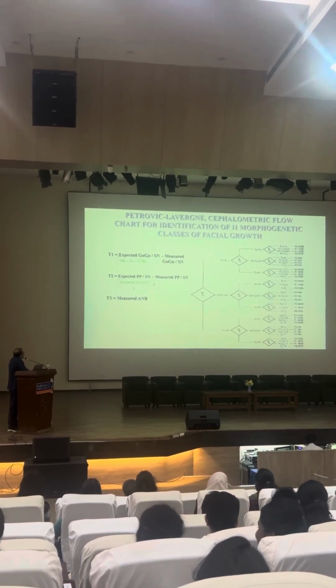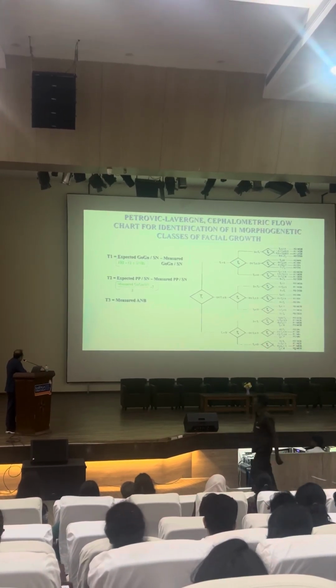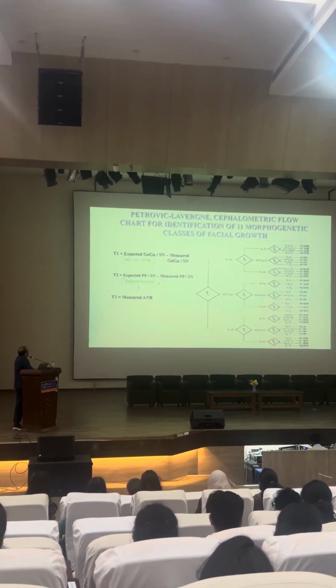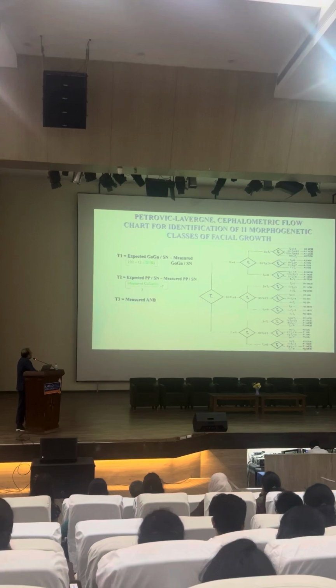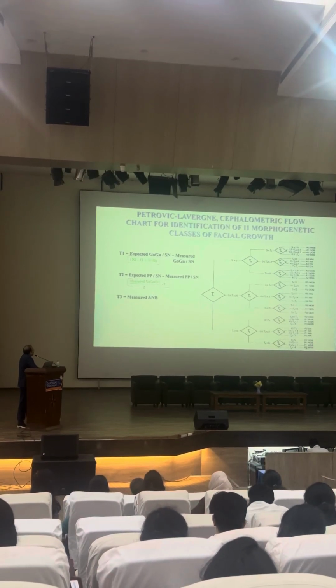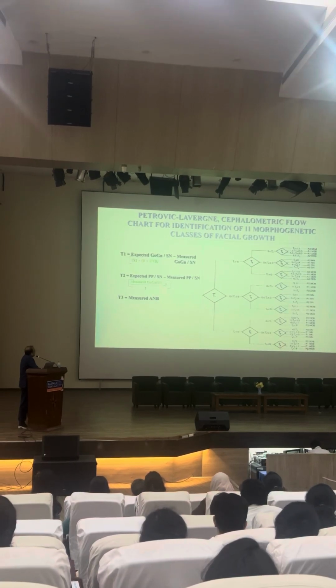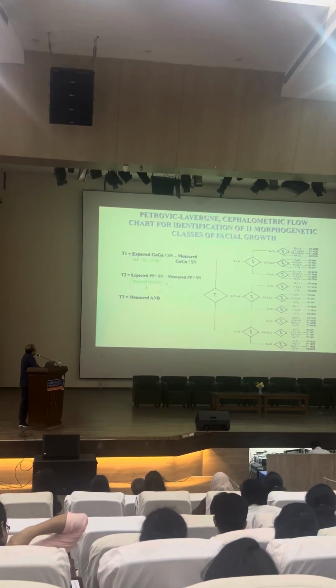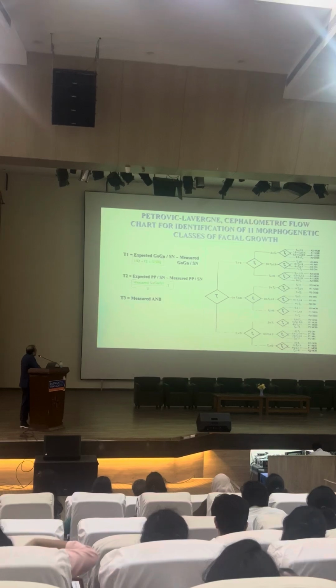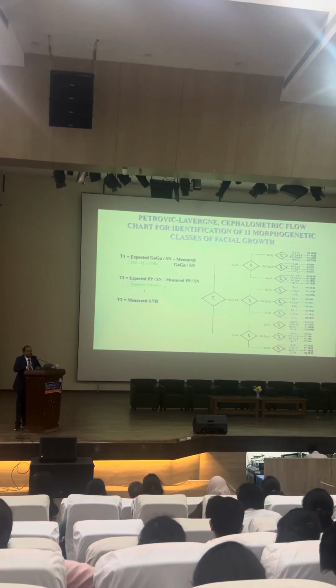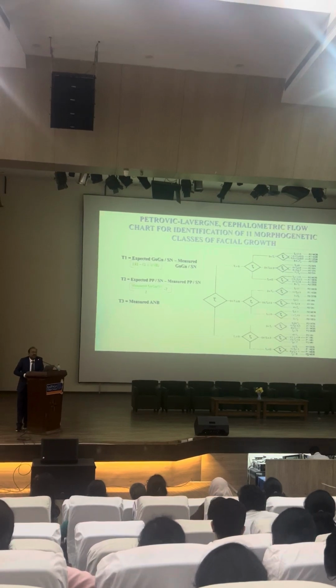After that T3, then comes the measured A and B. Measured A and B, it is very small here, 1.5, 1.5 to 5.5, 5.5 to 8.5. Based on that you can make it out A3M, A3N, A1D, A2D. So like this all those 11 categories are found and based on this you can find which category your patient falls in.